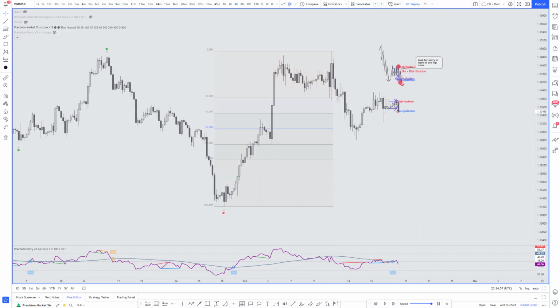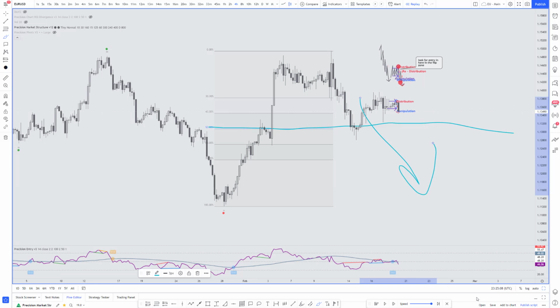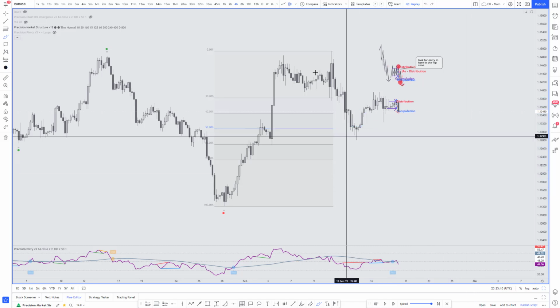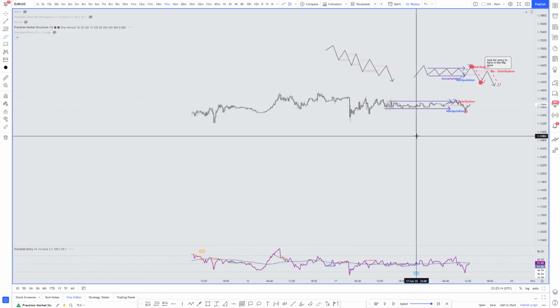4-hour pricing says we are in premium. We're above 50% of the last impulse. Again, probability says it's a higher chance to go down at this point in this exact day. Next thing we have